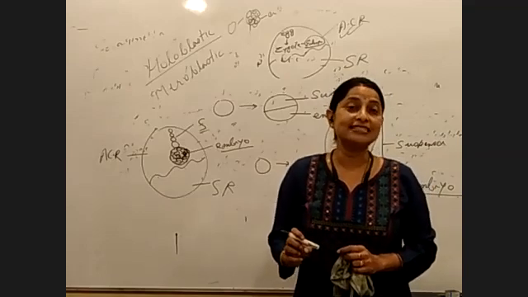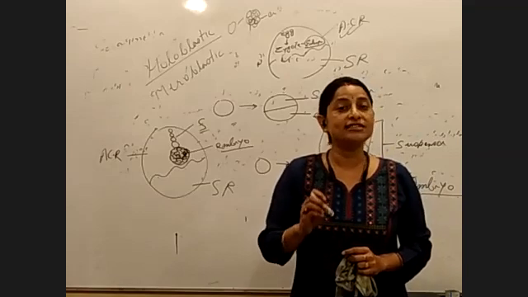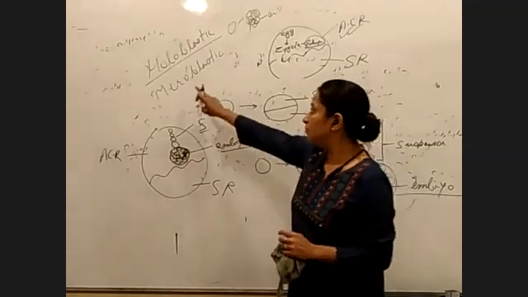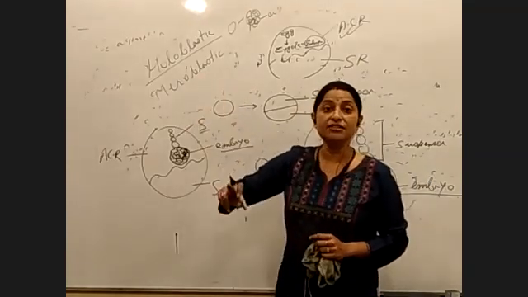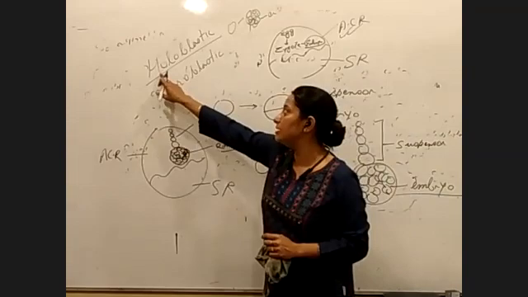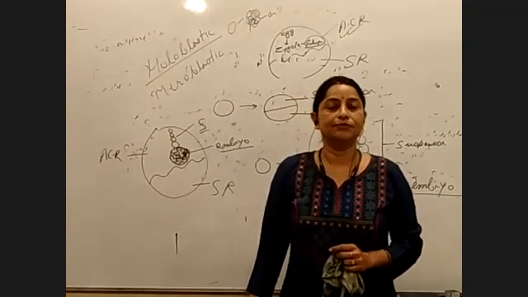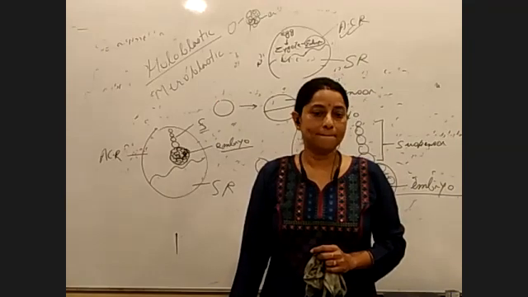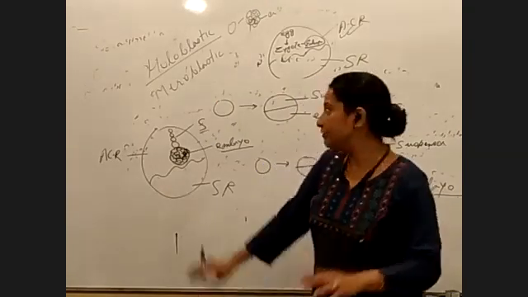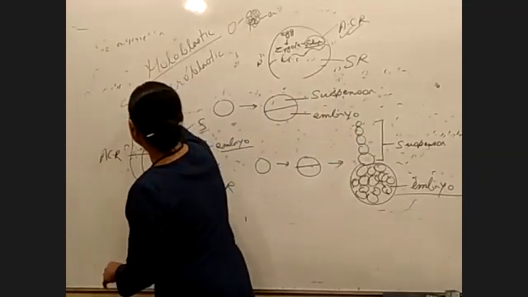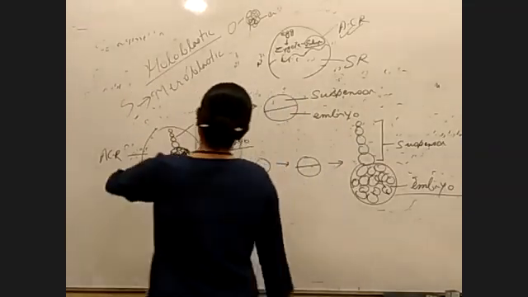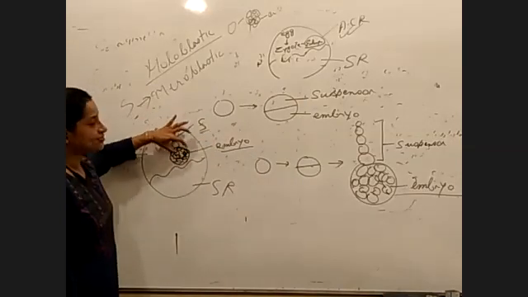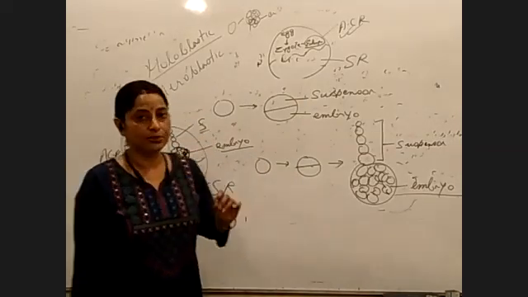The question that is asked is, in Selaginella, what is the type of embryo development that we see? It is meroblastic. In case of ferns, what is the type of embryo development? This is holoblastic. Clear? Yes, ma'am. Okay. So Selaginella is meroblastic. Now coming to what is the function of the suspensor?